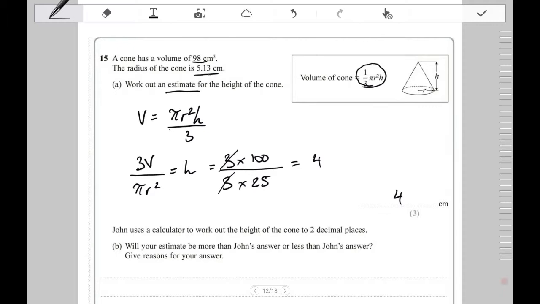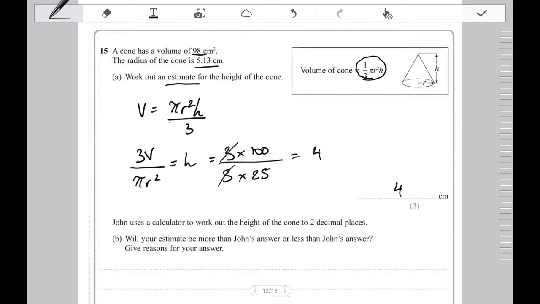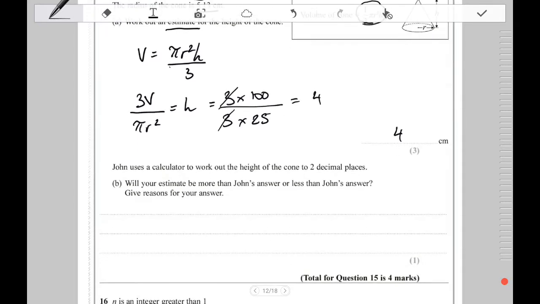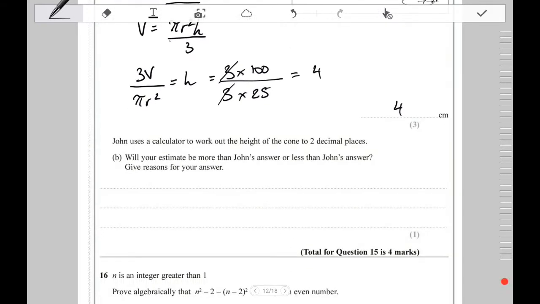which is larger than our estimate of 5. So if you think about it, our numerator, we've estimated it to be higher, and our denominator, we've estimated it to be lower. And as a result, our estimate should be higher than the exact value in the calculator. And you can plug this in the calculator if you want to know the exact answer, just for your own check. But so your answer will be more,